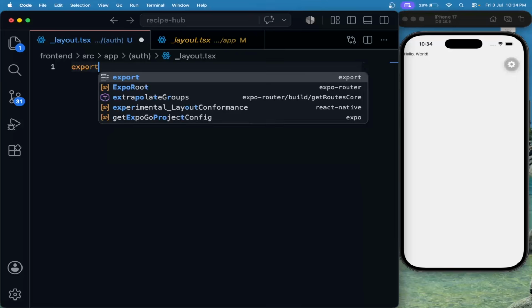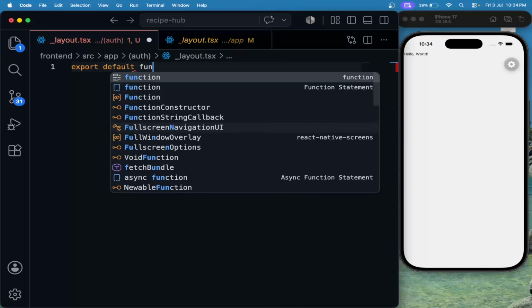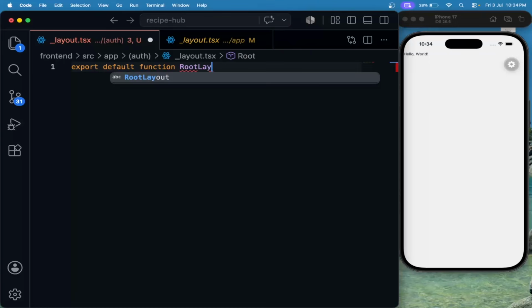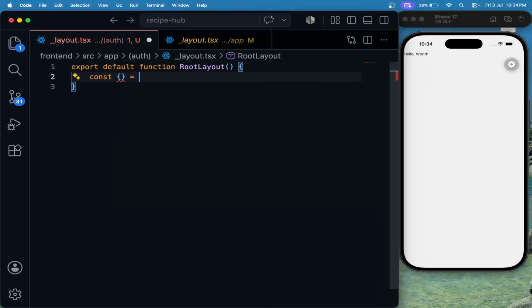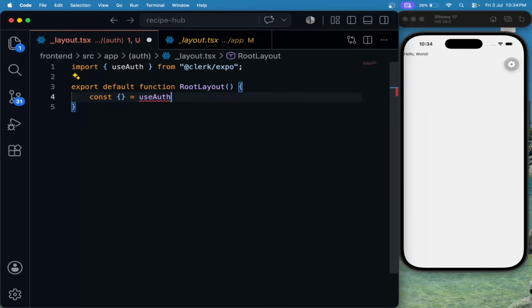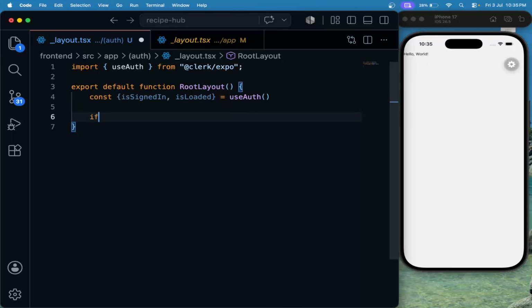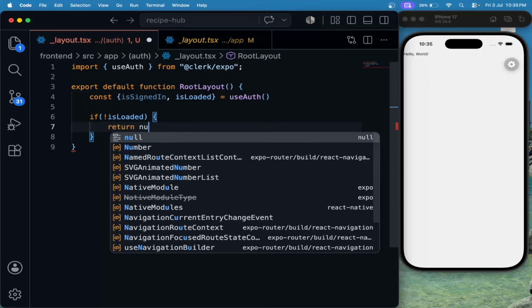Inside this file, we will export one function which is RootLayout, and I will say const equals useAuth, which is coming from Clerk Expo. Here I will say isSignedIn and isLoaded. We will destructure these two properties, and I will check if isLoaded is not true, then return null,